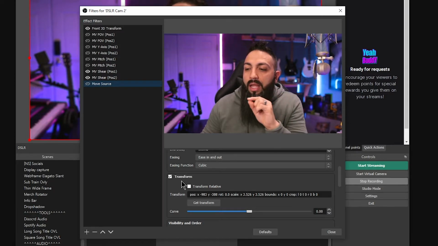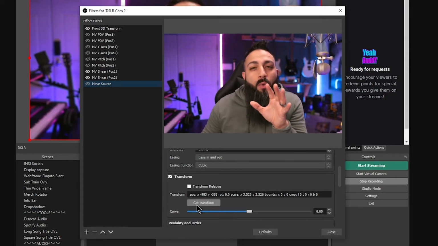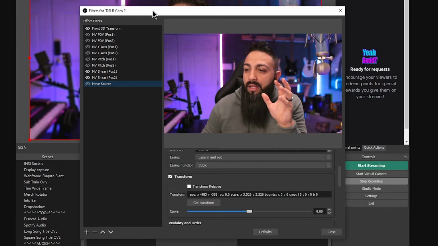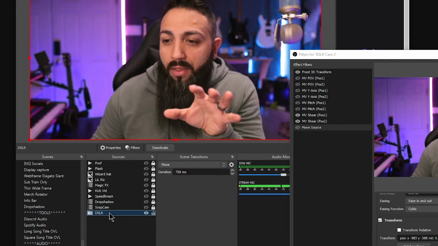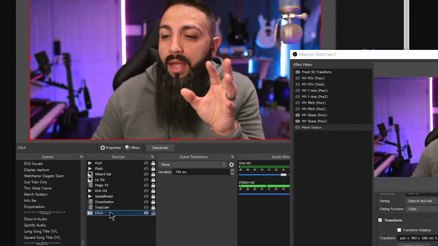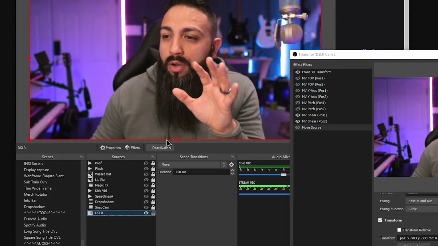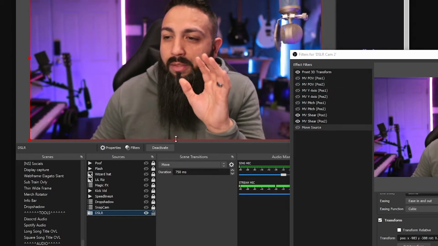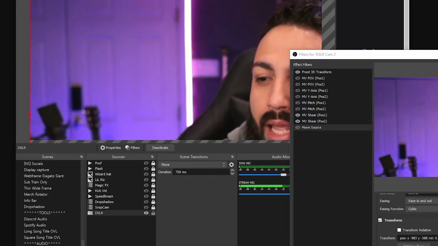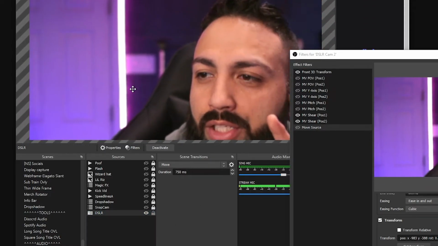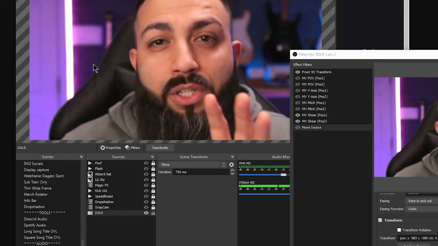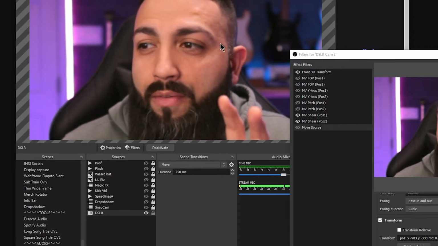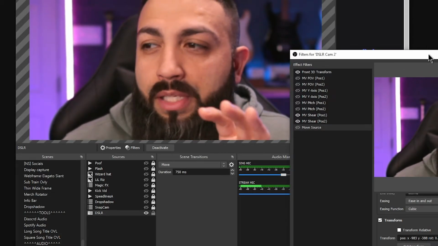This is all standard. Here is the transform. This is where we're going to actually create that effect. So if we go to our source, click on your camera, and once you click on it, you should see this red border that's created with some small little boxes. Grab one of those boxes, hold down and just stretch it, and then you can position your face, or whatever it is that you're trying to zoom in on, in the